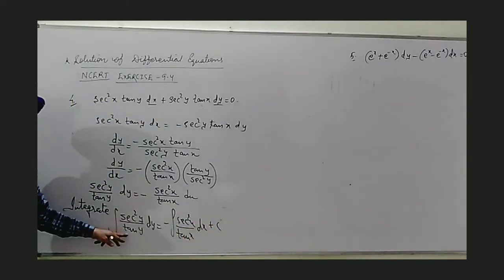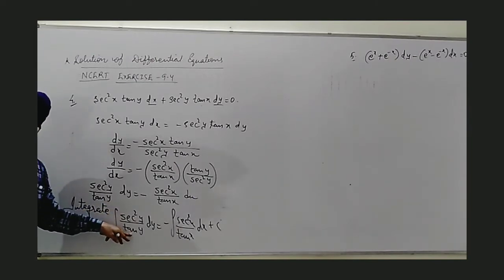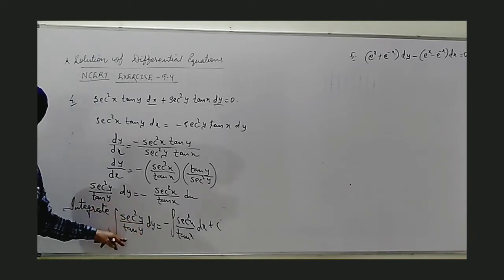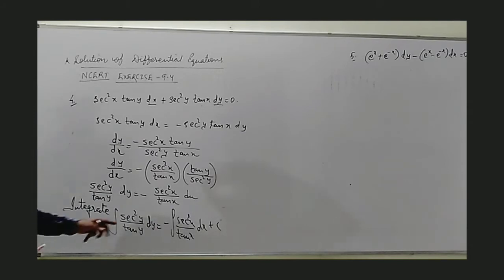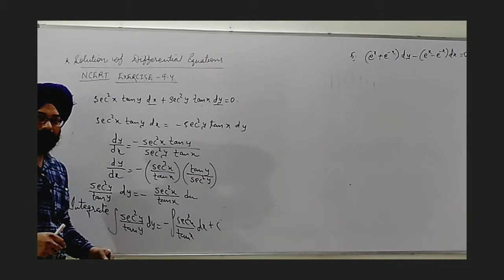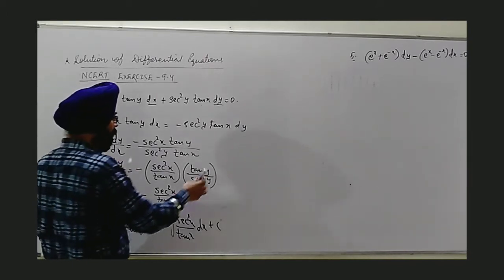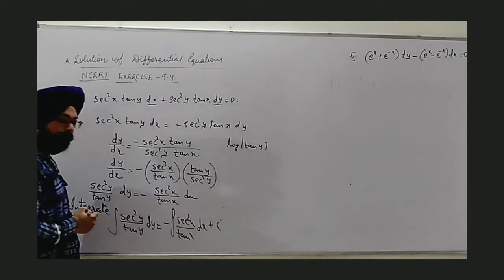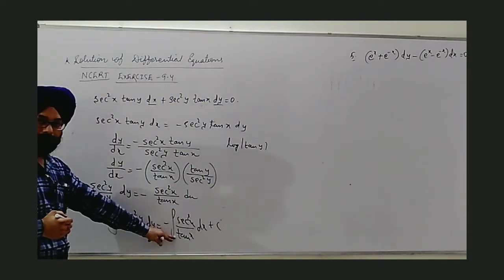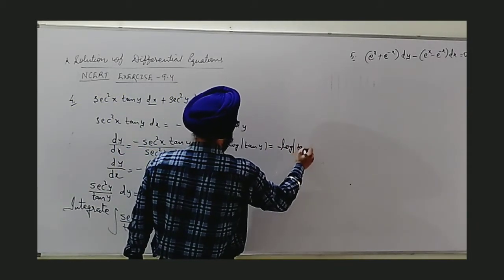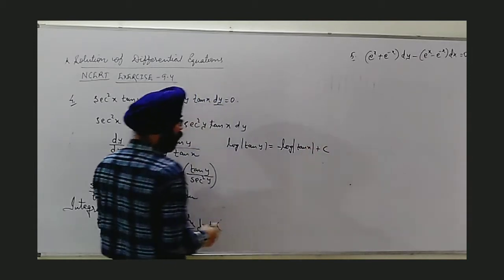In this first integral, we know very well this is the combination of tan and sec square. We will substitute tan y as t, we get sec square y dy as dt, means integration of 1 upon t will be log of t. So in such cases, where these are not very long integrations, we can write directly this becomes log of mod tan y. Next, the same case, you can compare. So here we get equal to minus log of mod tan x plus c.